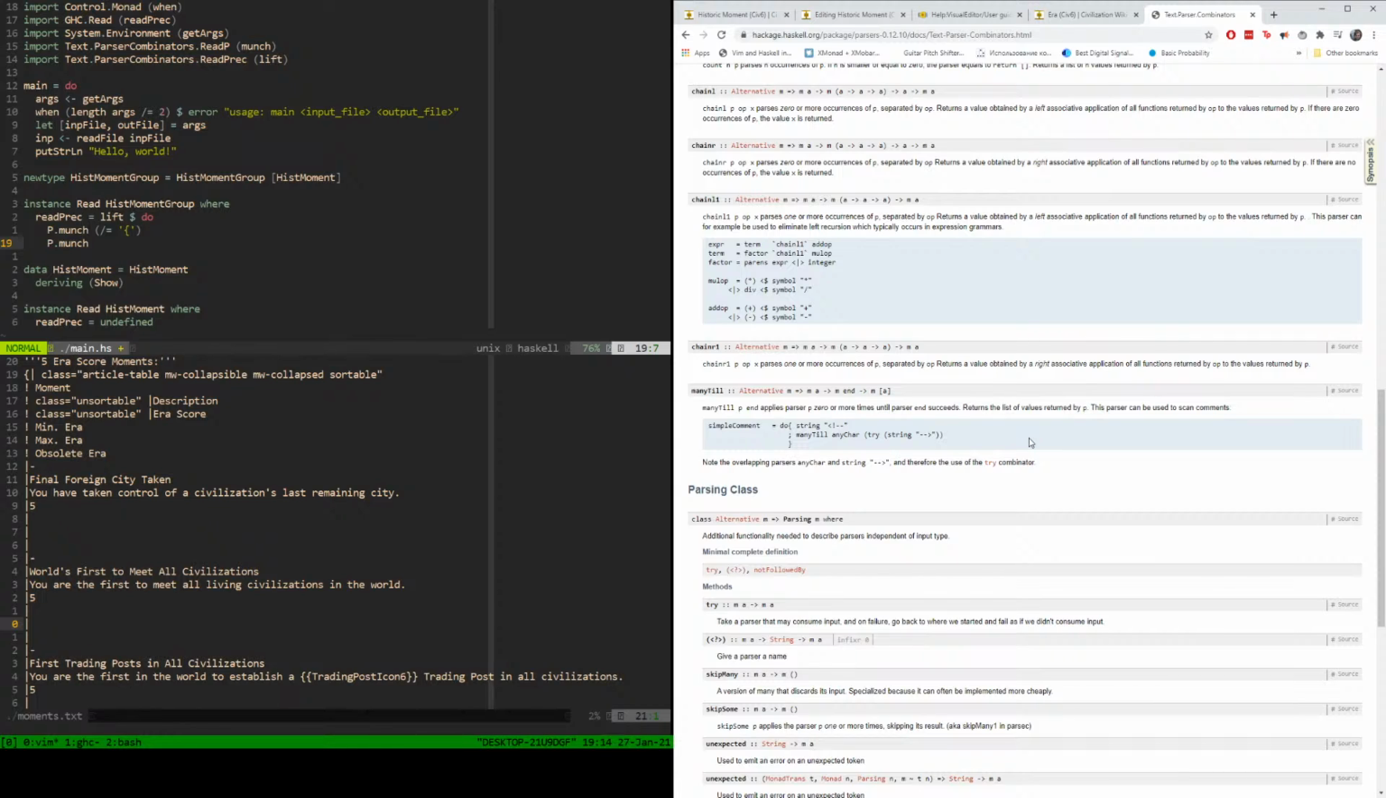Manytil applies parser p0 or more times until parser's end succeeds. Nice. That's actually cool. String manytil any char. Interesting. Simple comment. So it's like,